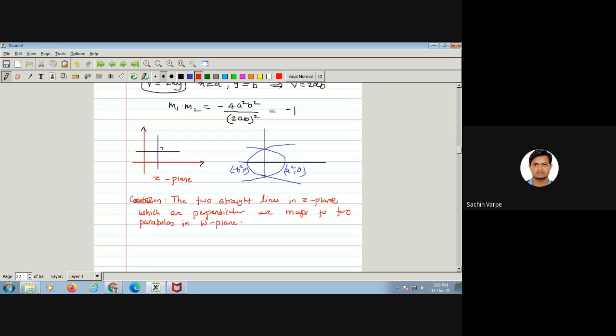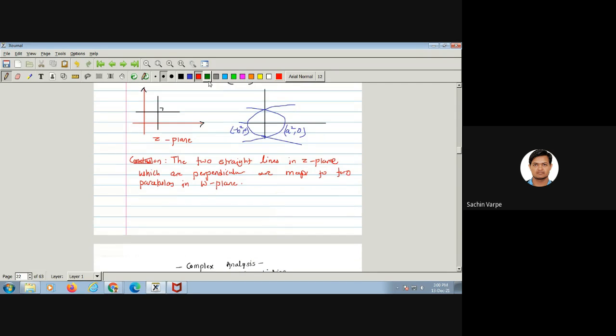And even the two straight lines in the W plane